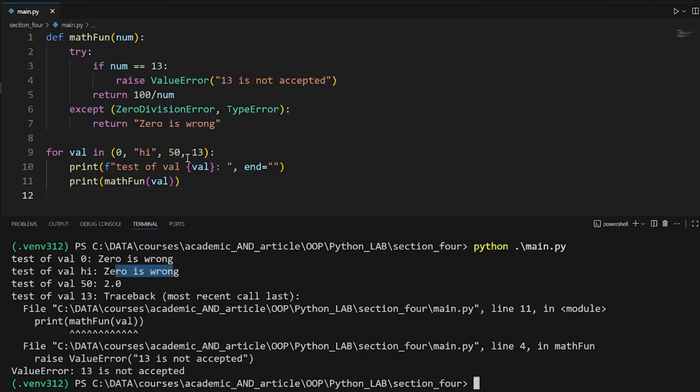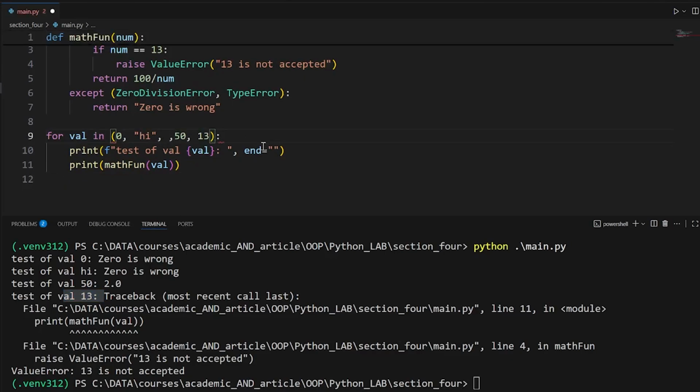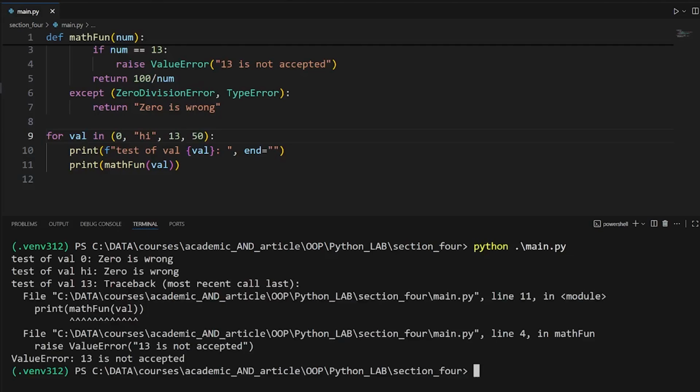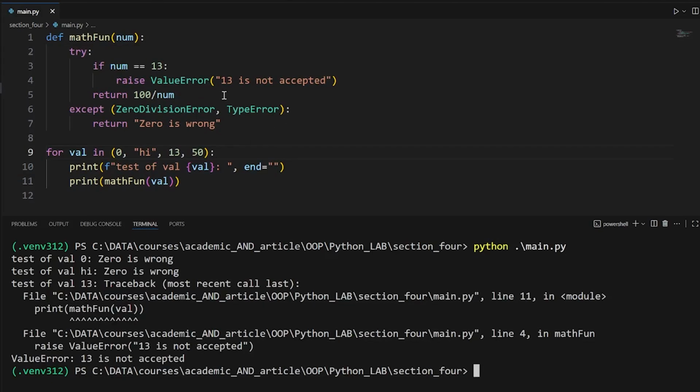We can go over it now, I'll show you. It's the legitimate value, the 50, and 13, then he raised this error. And if you change, by the way, the location of 13, if I would have to come to 13 here, you should anticipate that 50 will not be executed. So if I run this one more time, as expected, 50 will not be executed